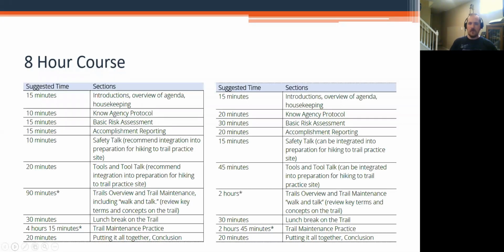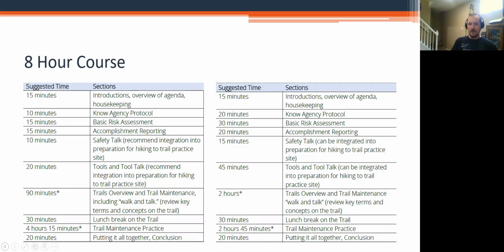But one of the things in the instructor guide is suggested agendas. And as you can see here, we kind of got it broken down. These are 2 suggested agendas. On the left is the agenda that's found in there for folks that did some sort of pre-course preparation. And generally what we mean by that is folks that have gone through the online content that we put together as well that I'll describe.